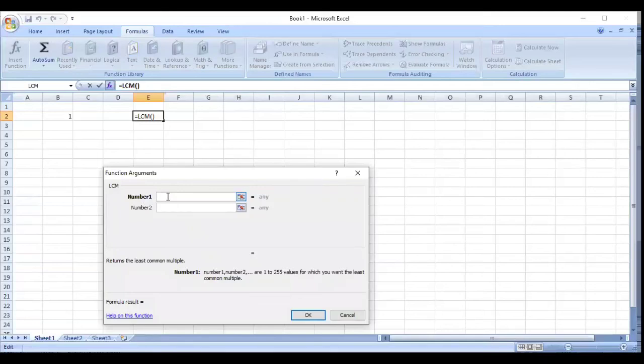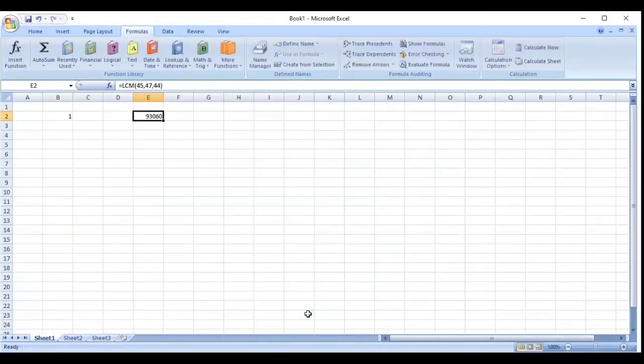Now I need to type here two values, 2 or more than 2. Got it? Then you need to press OK and you get the answer. This is the answer. Got it? Clear to everyone? Yes, ma'am.